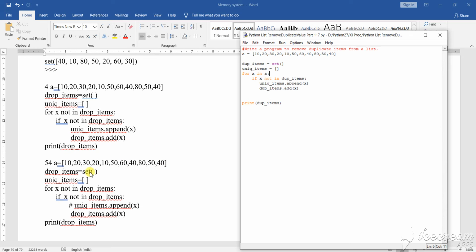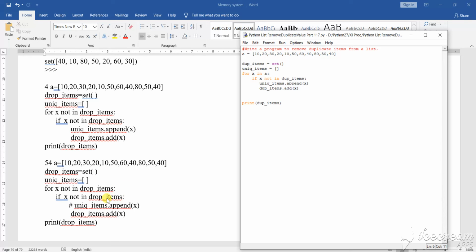And this is another program, you see it has for x not in drop item. And what value is the drop item? For a in a, the drop item means an empty set, nothing is there. So what is to be passed in the drop item? We are not passing anything, a is not used here, so we have to use a here. Here x is appended. So x in a. Those are the two rectifications.